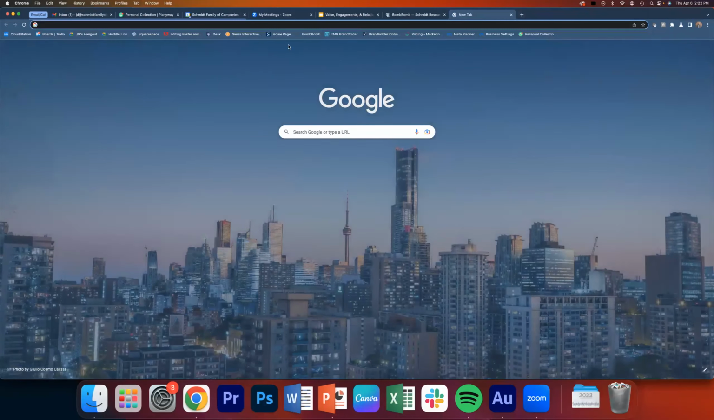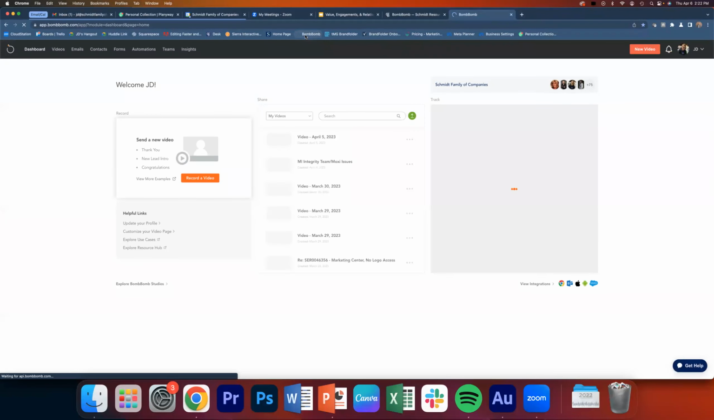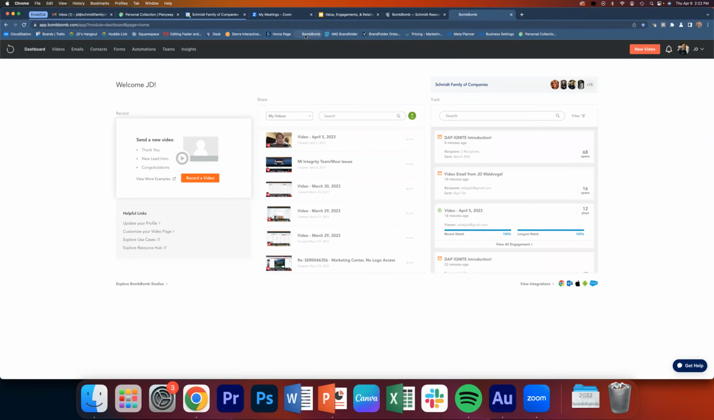Now, real quickly, one of the tips that I showed you guys earlier, like a minute ago, was don't script a video. You do not need to script a video. It is about the message, not the memorization. Here's what's great though. If you go to BombBomb, if you were to use the BombBomb platform itself, and you